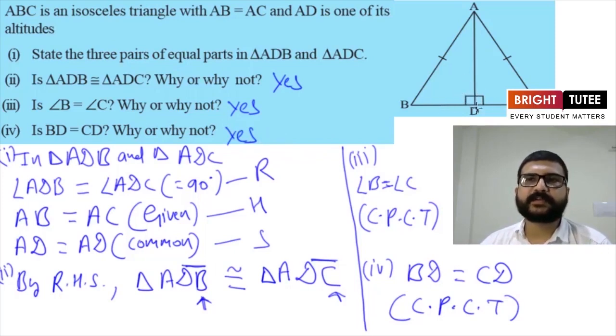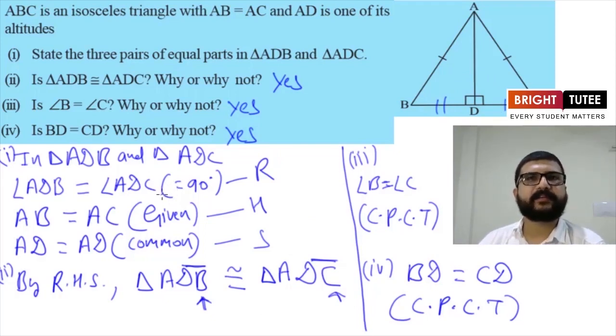Now do you remember what a median was? So it means AD is the median for this triangle. So now what we are getting here, AD is the altitude as well as the median for this triangle ABC. So here also we have used the RHS congruency criteria.